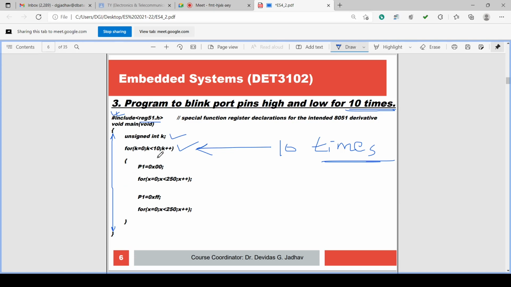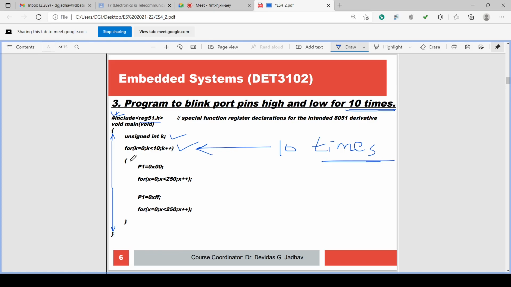And this is the block, curly bracket to curly bracket, that will execute along with the for. If k is 0, it will check that 0 is less than 10, the condition is true, so this for is executed and this block is executed. This is one time, k equal to 0. Again it increments to 1, because k plus plus means k equal to k plus 1, increment by 1. So 1, the condition is true. Again it goes, in k is 2 next time, and it continues 3, 4, 5, 6, 7, 8, 9.